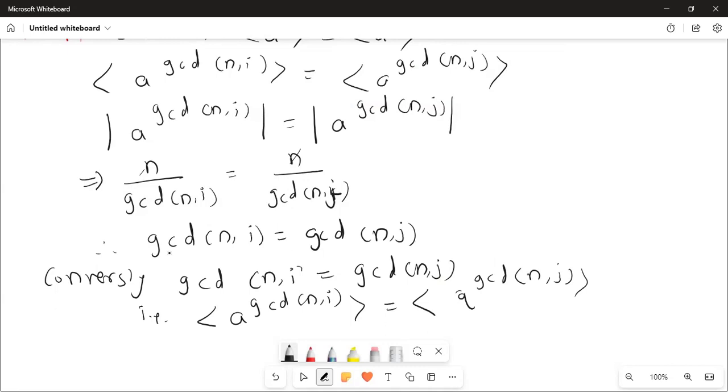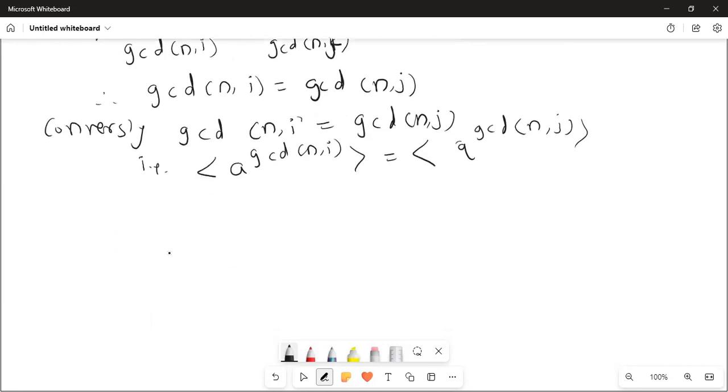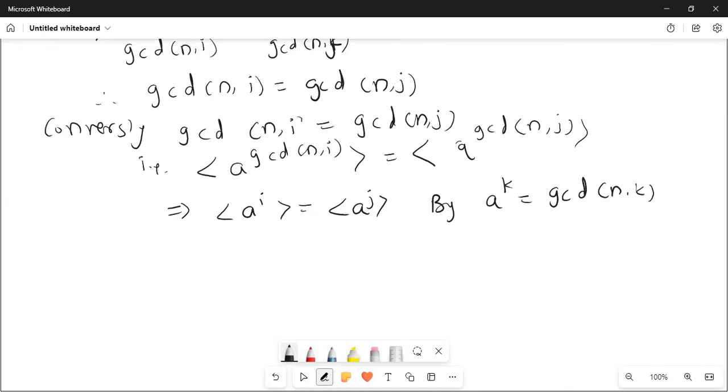Okay. And which is also equal to a raised to i, a raised to j by the theorem a raised to k which is equal to GCD of n and k। ये थ्योरम हमने यहाँ पे यूज किया है।